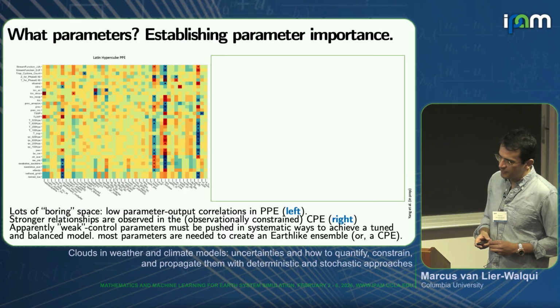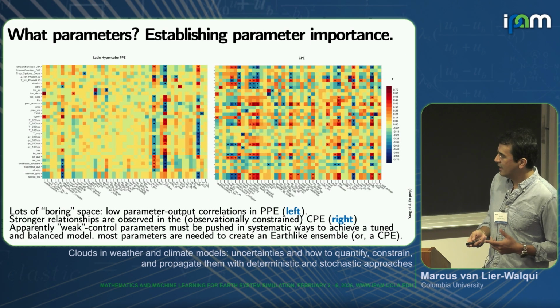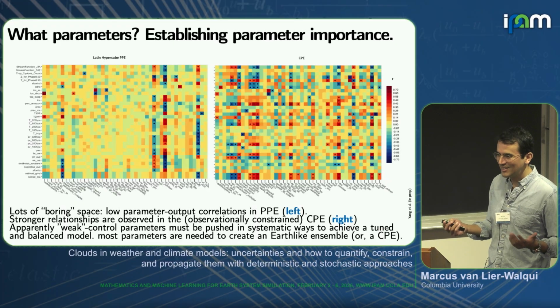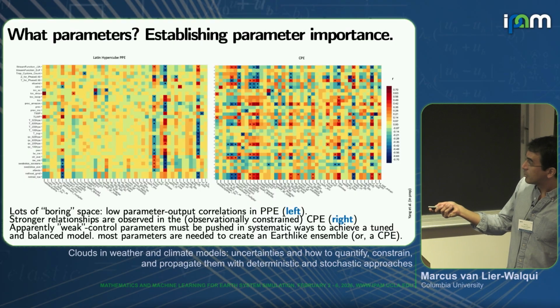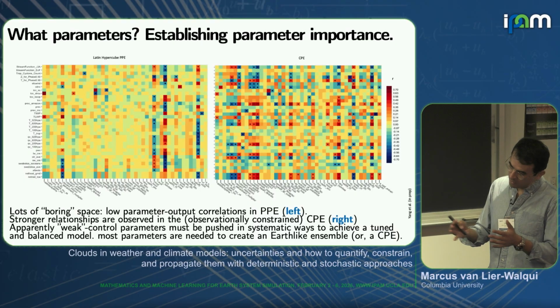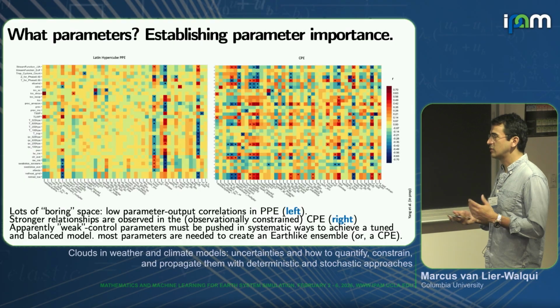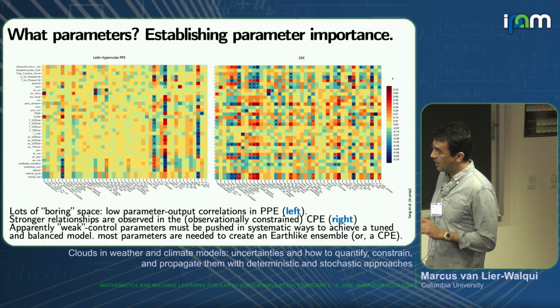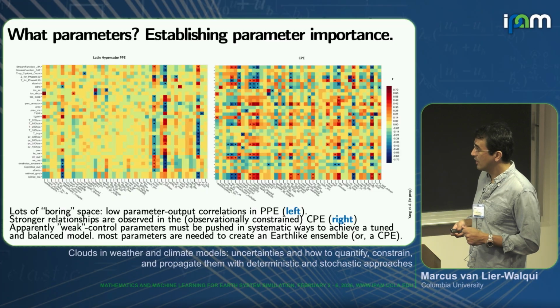One of the interesting things that we found is once we constrain the parameter space with observations, and then we do this again, everything's important. So this is an interesting thing, right? If you just look at your prior, it can give you a false sense of what's actually important. Certain things are important only in a smaller range or post-constraint. So I really recommend for a lot of these exercises to maybe not throw out parameters needlessly.